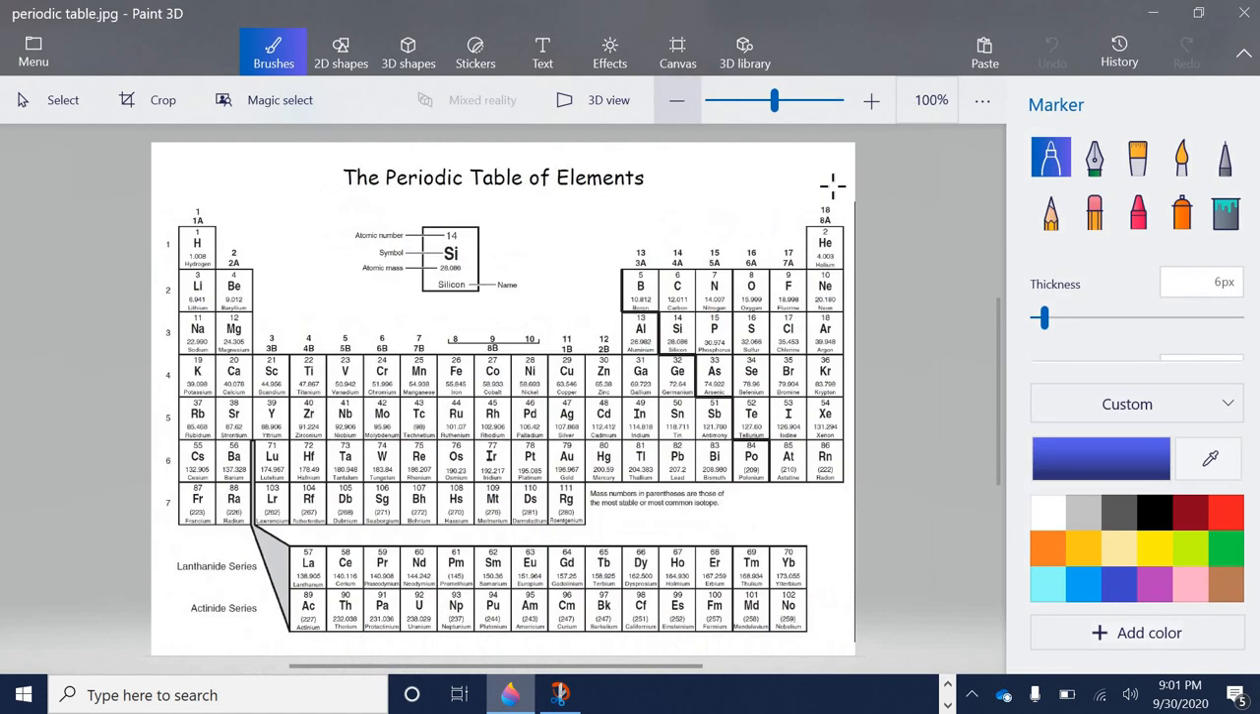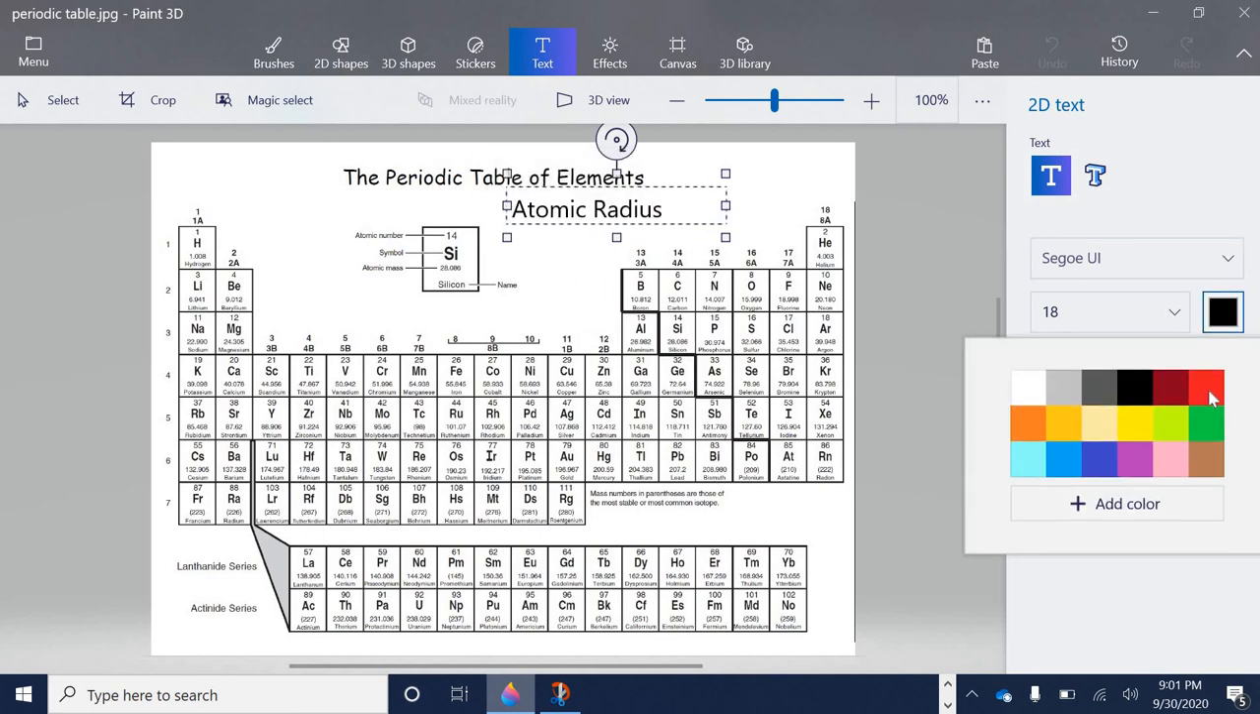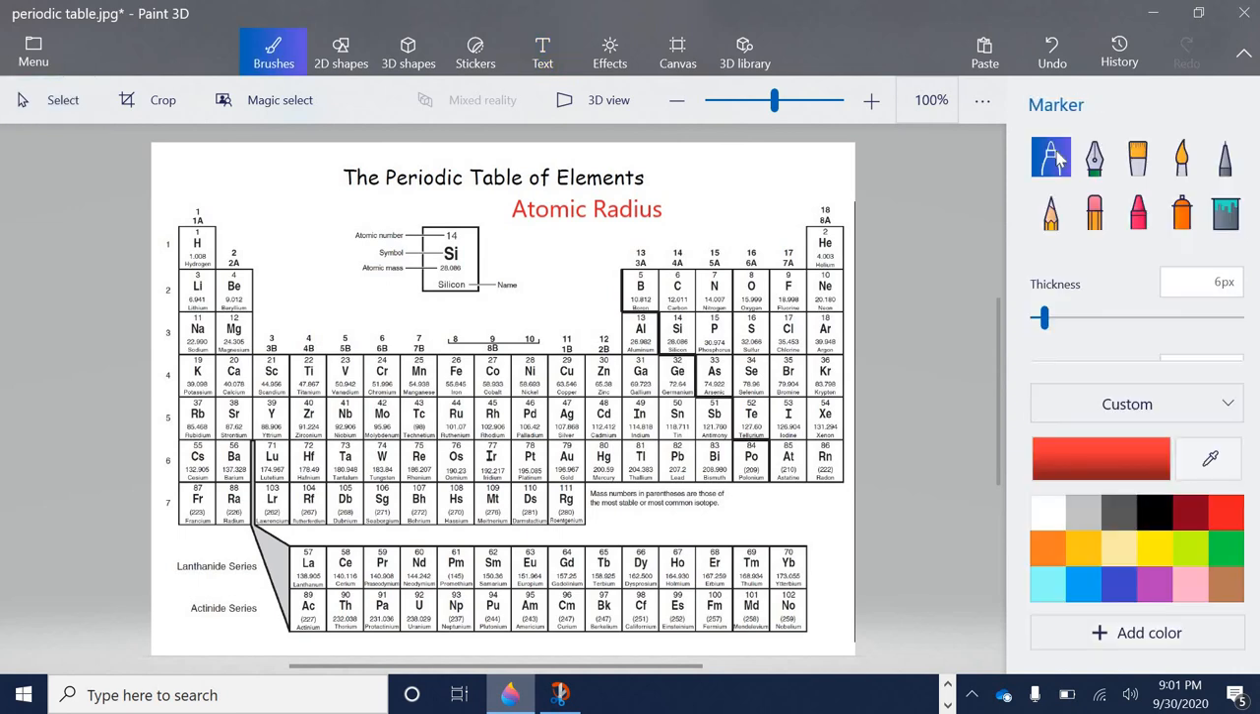Here's our fresh, clean periodic table. We're going to start with an easy pattern or trend called atomic radius. The atomic radius of an atom basically just means its size. How big is it? You might remember from math class, especially if you're taking geometry right now,